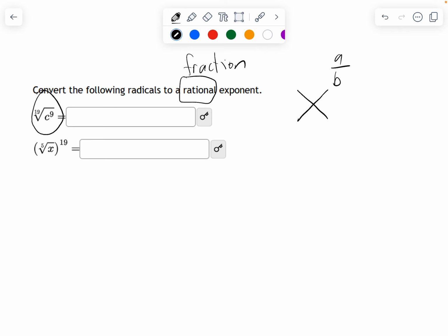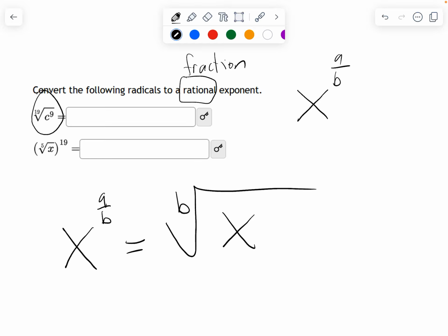All right, so what the conversion is saying is, if I have x to the a over b, then radical-wise, that's going to be seen as b is the index, x to the a. Alternatively, we can also write it as b is the index, x, and the radical is taken to the a power. That is equivalent to also saying,